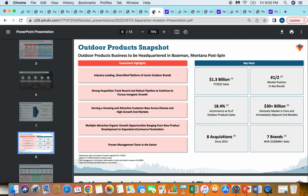And then the second company, which I think is where they're really trying to extract a lot of value and get a better multiple on, is the outdoor products side of the business. So this company will do 1.3 billion in sales. 20% of that's online. They've really been bolstering this side of the business with acquisitions over the last decade in kind of the build up to splitting this company off to go public separately. 7-9-figure brands. So that's kind of what the future of this company looks like, and potentially getting into the stock